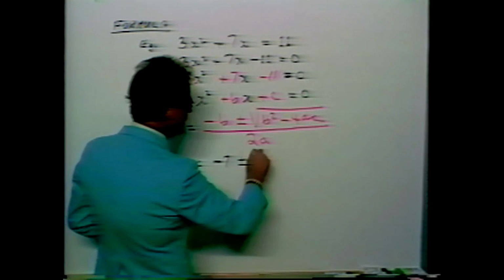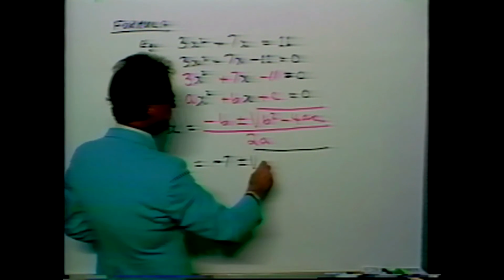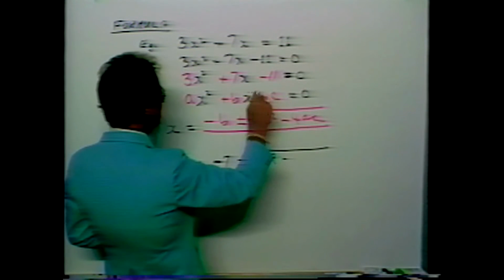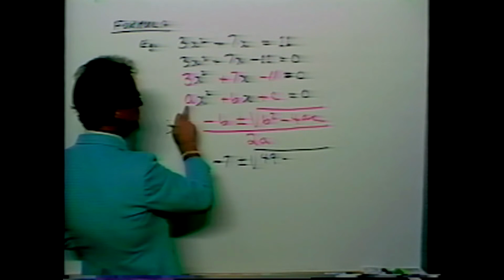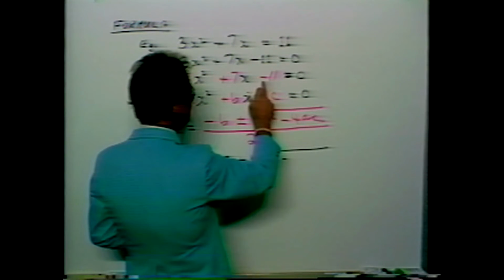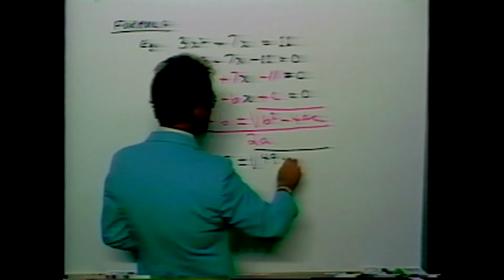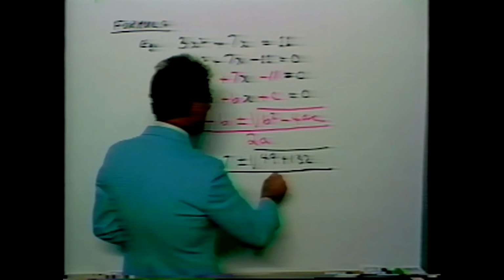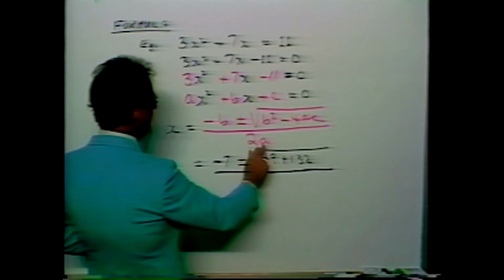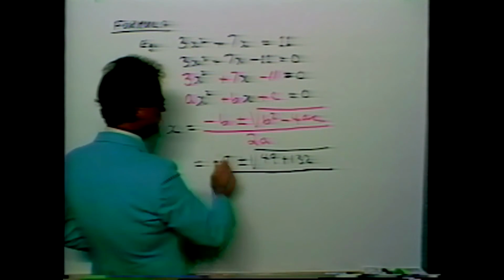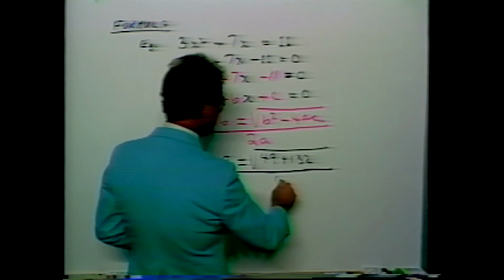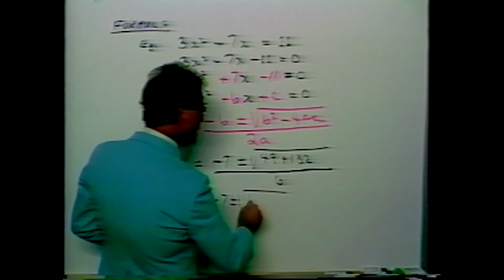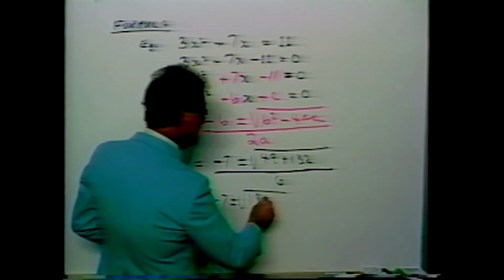Plus or minus the square root of b squared is 49, minus 4 times 3, which is 12, times minus 11. That's positive 132. And all of this is upon twice a, twice 3, which is 6. Minus 7 plus or minus the square root of 181